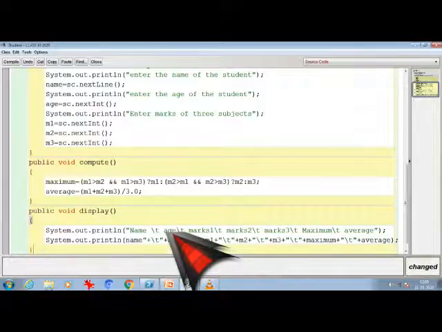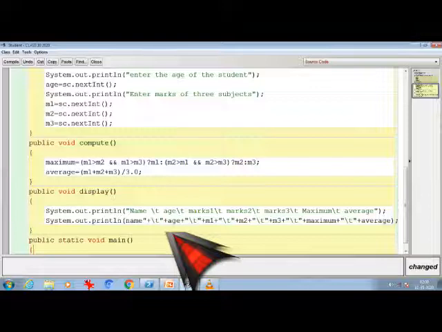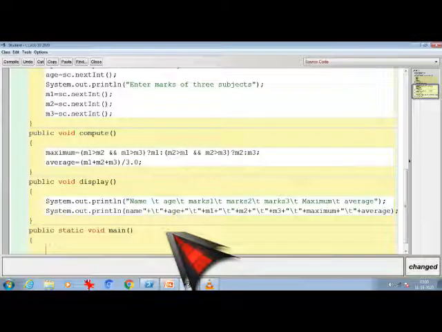Closing it, and now writing public static void main, and creating the object. So Student ob equal to new Student.